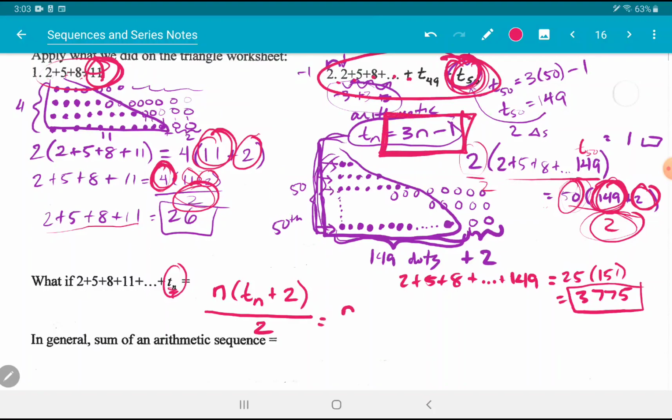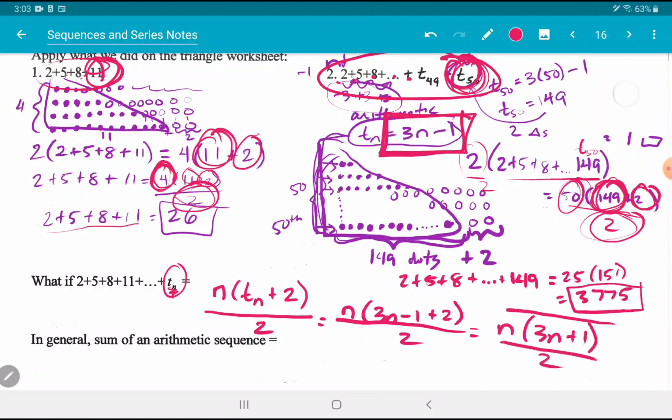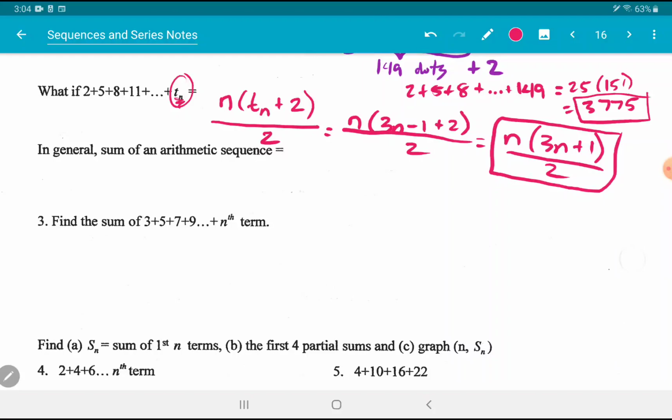So we can turn this into n times 3n minus 1. Then we add 2 to it, all divided by 2, which equals n times 3n plus 1, simplifying, all over 2. There we go. N times 3n plus 1 all over 2. Okay? So in general, if we follow the same idea that we see right here, in general, the sum of